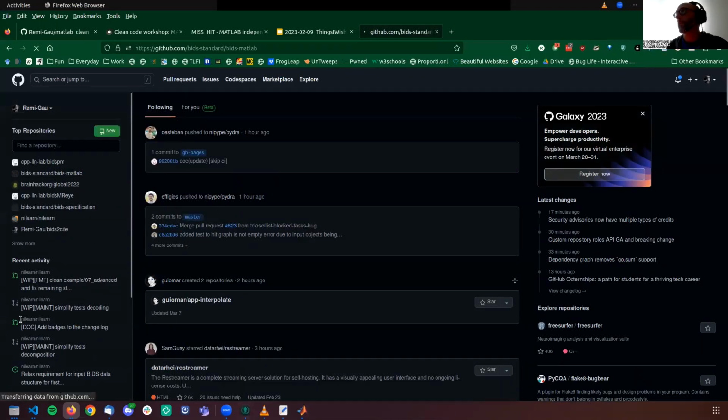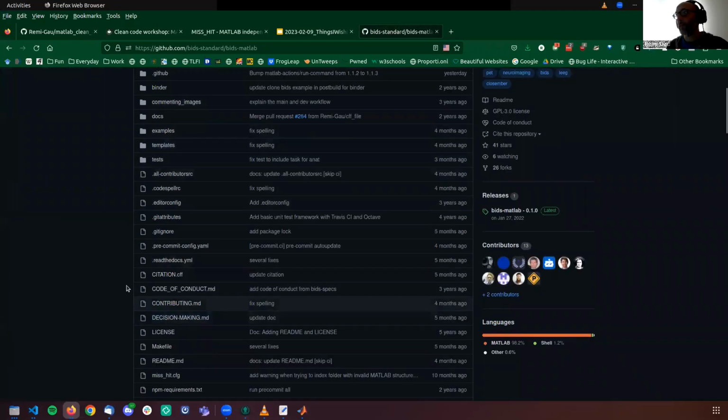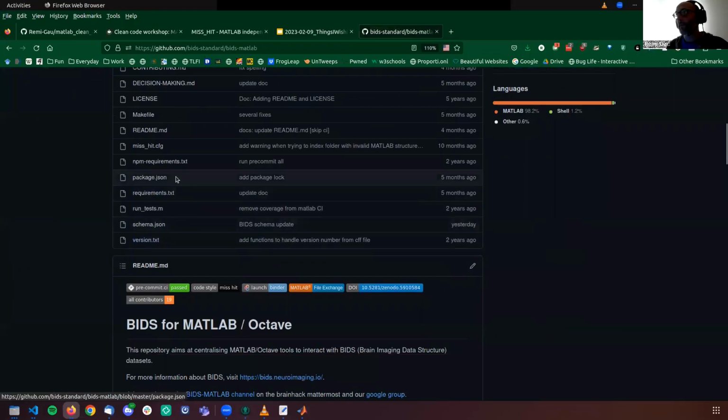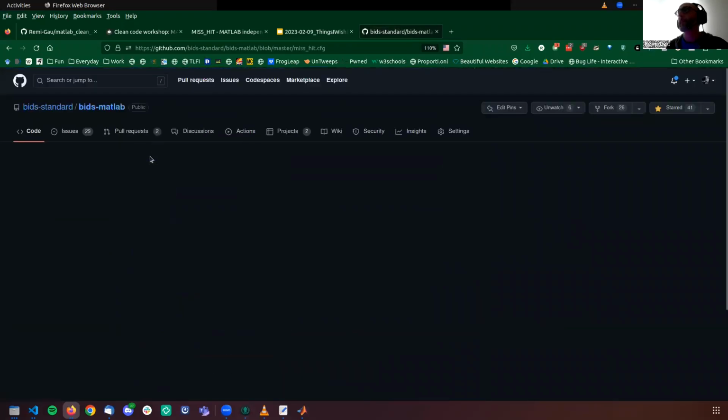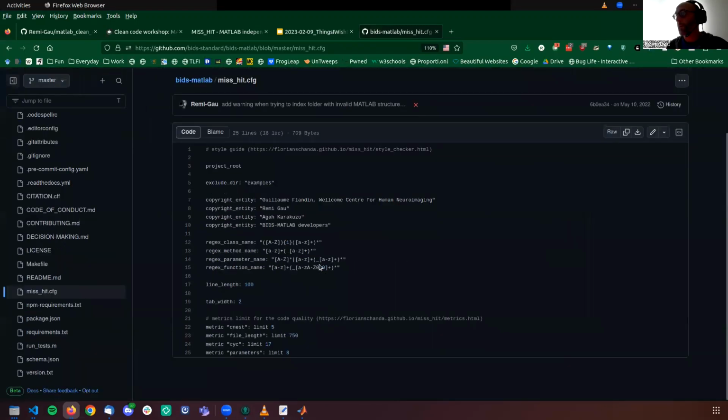Let's go to the bits MATLAB one. There should be a mishit configuration in here somewhere. There we go. And obviously there is no ignore rule in this file, so this is not helping us.